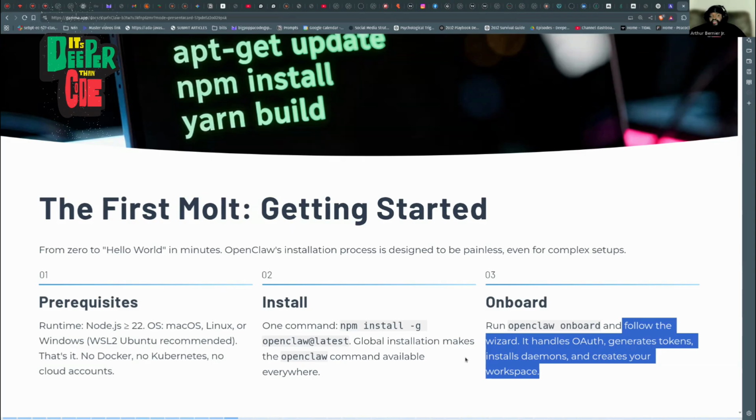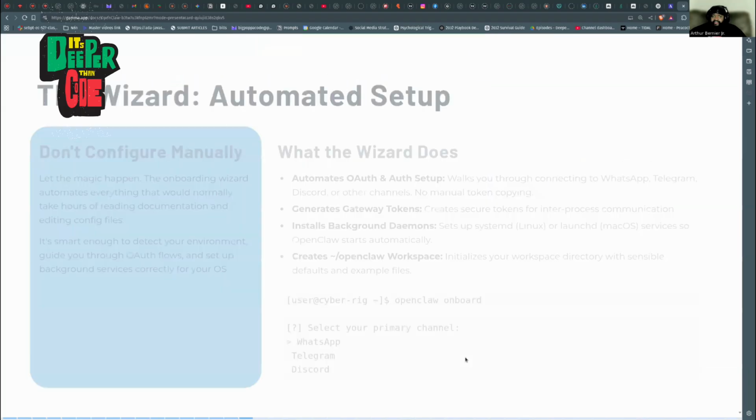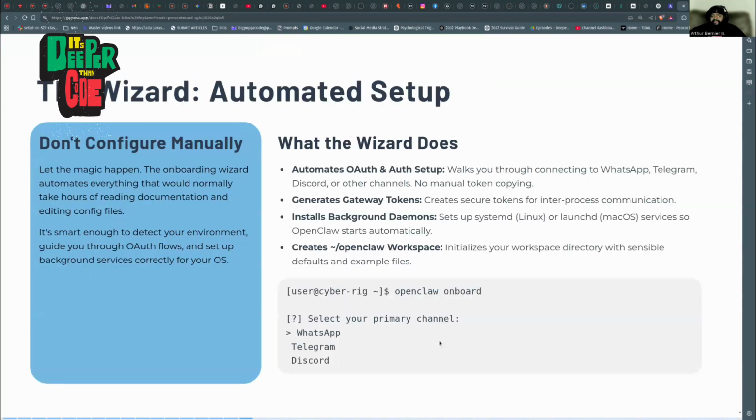You could just do it with a QR code. Telegram's a little bit more complicated, but pretty simple once you get the hang of it. You literally just have to follow the instructions that it gives you, and you just make sure you follow them to the T. But the easiest one is just to do the QR code version with WhatsApp, and that's going to allow you to get started, right?